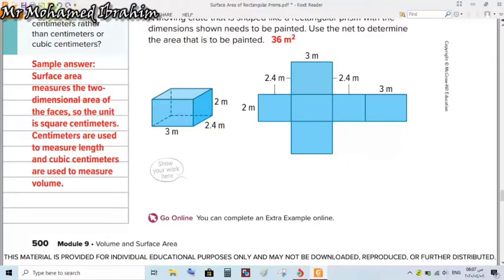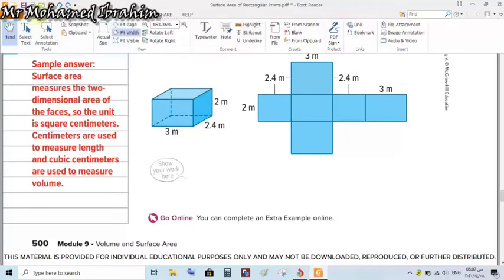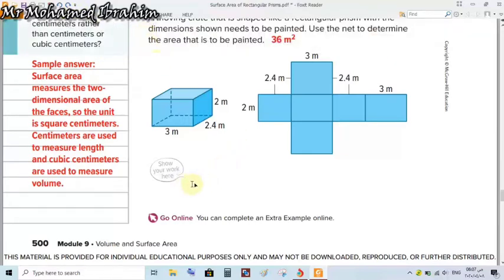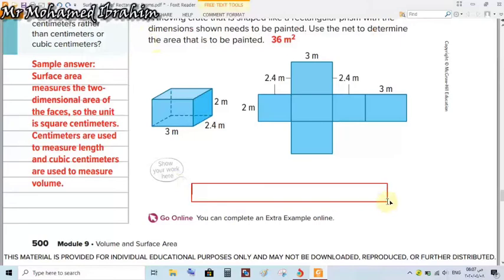I will write the rule here for you. Look at this. This is the main rule, in symbols only. Not with numbers. In symbols. Area equal 2 times length times width plus